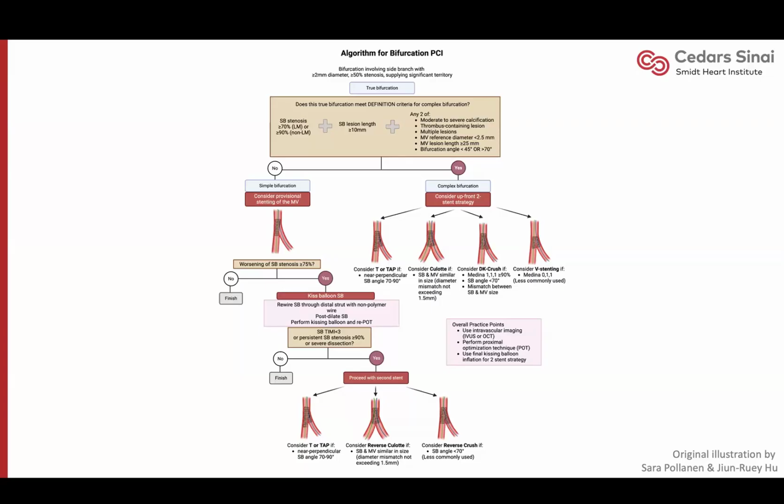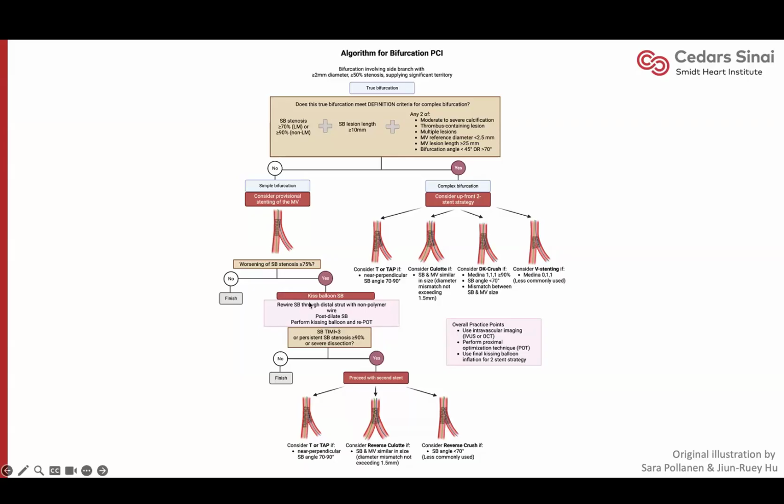The rationale for main vessel stenting with conditional side branch intervention is rooted in multiple randomized trials showing similar outcomes to systematic two-stent strategies, but with shorter procedures, less contrast, and lower peri-procedural risk. If the side branch stenosis worsens beyond 75%, then you'll rewire through the distal strut using a non-polymer wire, perform post-dilation through the stent struts into the side branch, and perform kissing balloon inflation with optional proximal reoptimization technique or